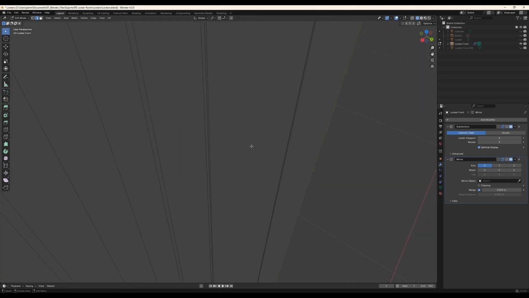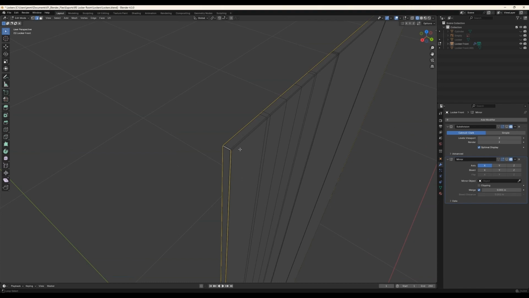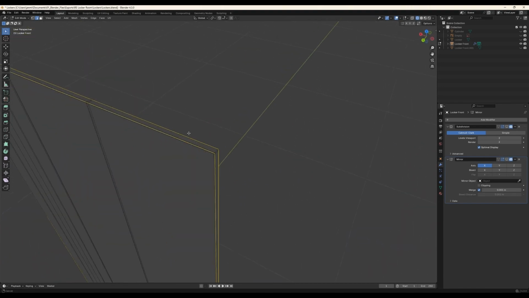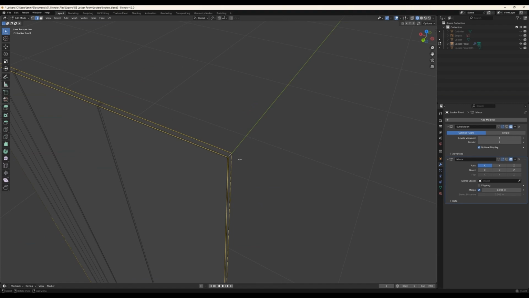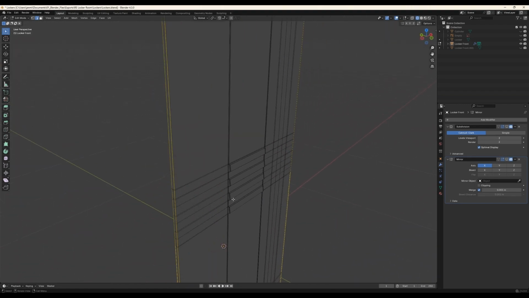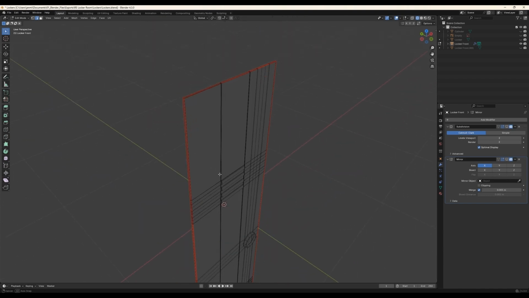Sorry for that, sometimes it's really annoying. So this and this, and this one. Good. Then let's just mark seam, press U and mark seam. And now we can focus on,